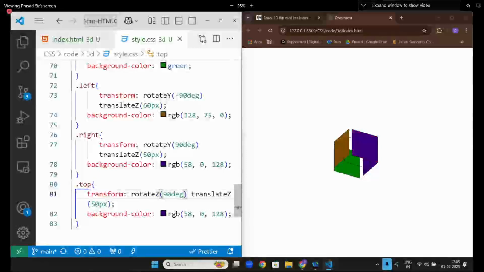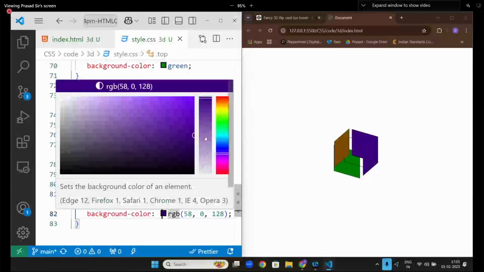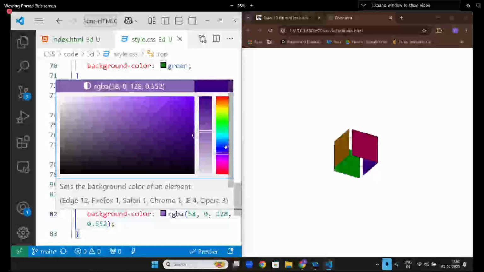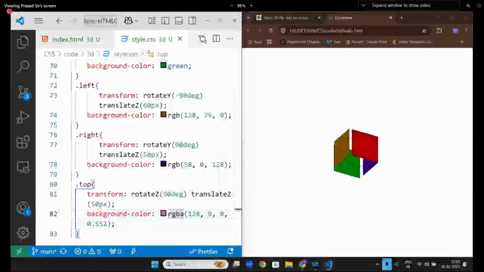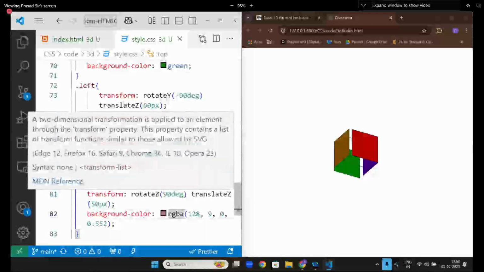Rotate Z, rotate. I want it like something, front side. I did exactly reverse or something. No,